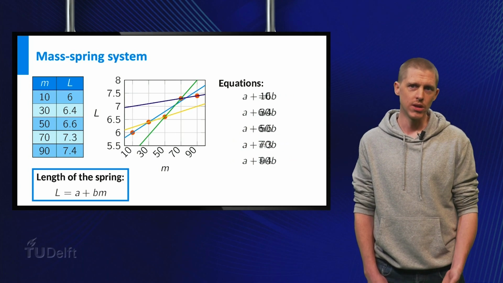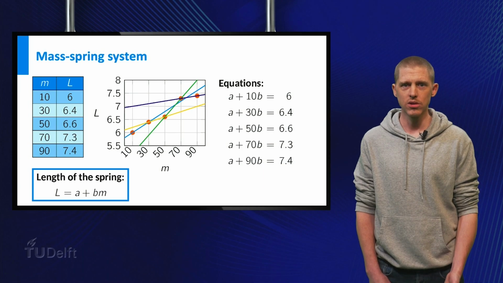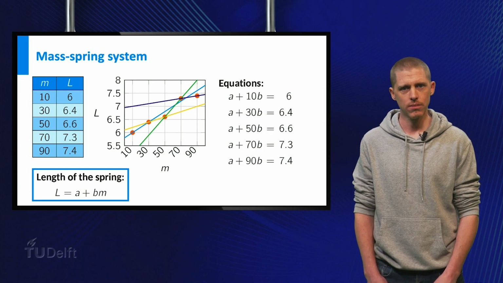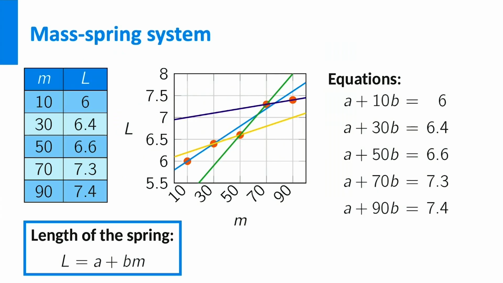We can rewrite these equations by putting the unknowns A and B on the left and all constants on the right hand side. This gives the following equations. But this is exactly a linear system in A and B. We have done 5 experiments and these resulted in a nice graph and a linear system. Because we can see from the graph that there is no way a straight line will go through all points, my linear system is inconsistent, so it will not have a solution for A and B.